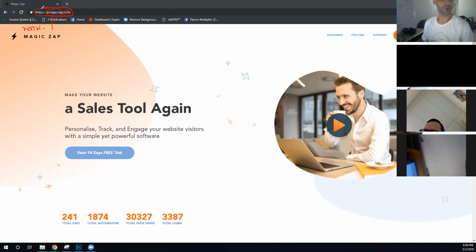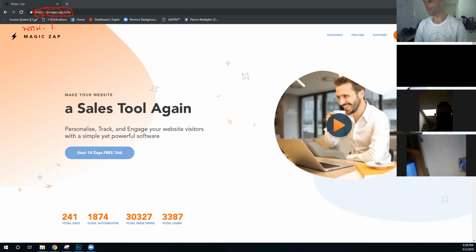And then there's one more part, which is the protocol. Here you can see we have the HTTPS protocol, which stands for Hypertext Transfer Protocol Secure. This is the actual protocol that information is passed over on the internet. So it's really important for you to understand that this is a URL. It's also called a fully qualified domain name. So now that you understand what a fully qualified domain is,